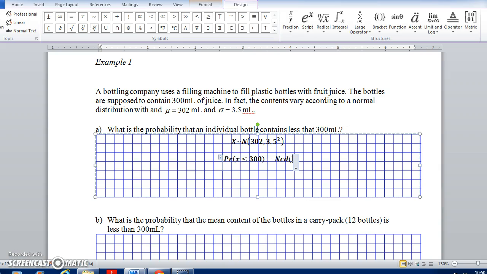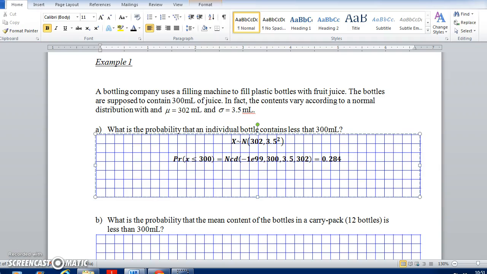We enter the lower value, which is negative 1 times 10 to the power of 99, the upper value, which is 300, the standard deviation is 3.5, and the mean is 302, and if we enter that into the calculator we get